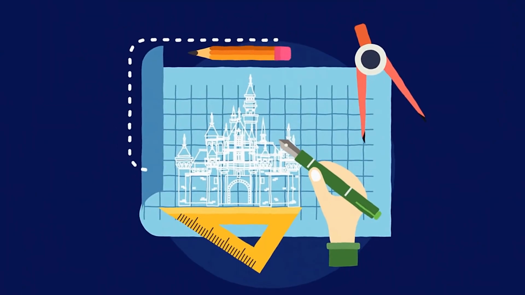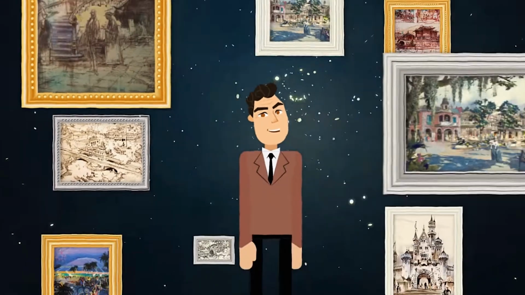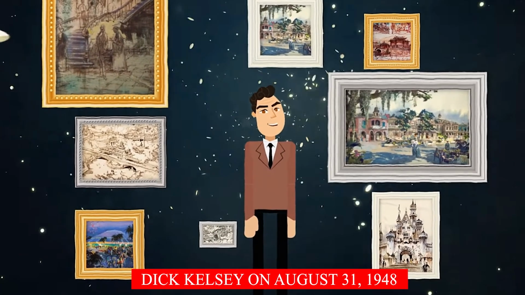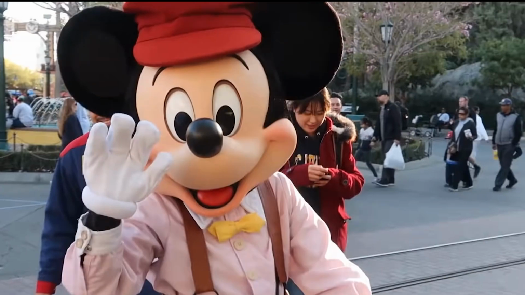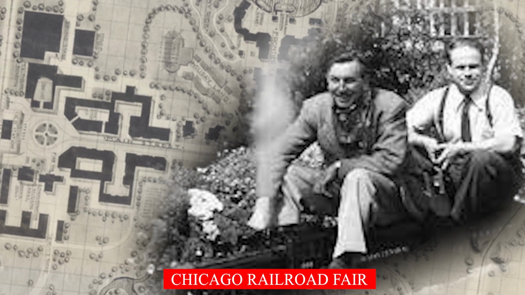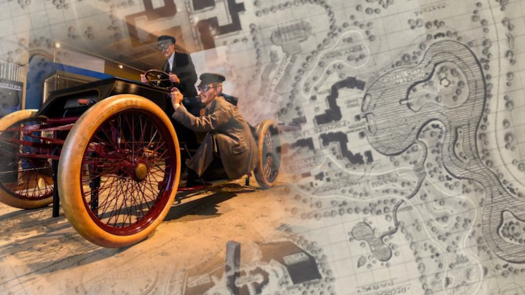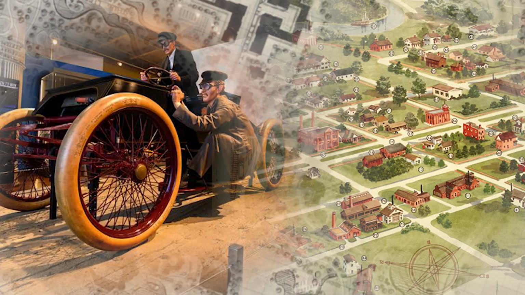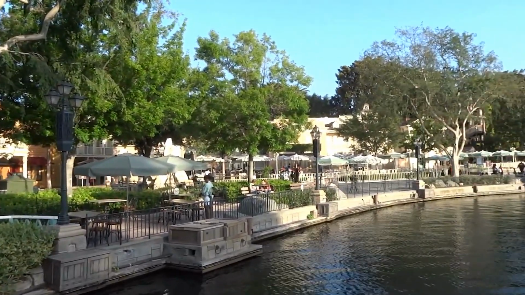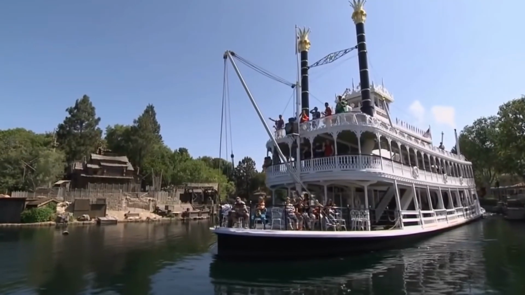The first known draft of Disney's schemes was sent as a memo to studio production designer Dick Kelsey on August 31, 1948, where it was termed a Mickey Mouse Park. Based on documents Disney made all through his and Ward Kimball's trip to the Chicago Railroad Fair the very same month, with a 2-day stop in Henry Ford's Museum and Greenfield Village, a place with attractions such as Main Street and steamboat rides, where he had visited 8 years prior.